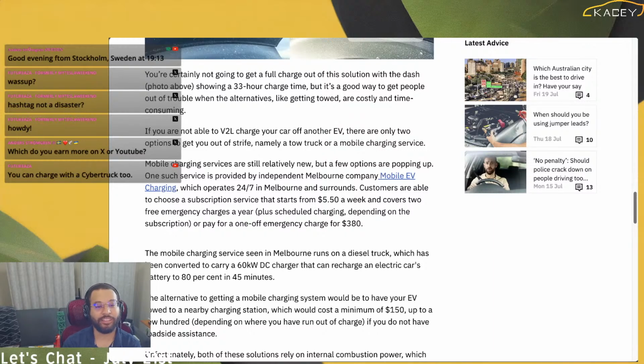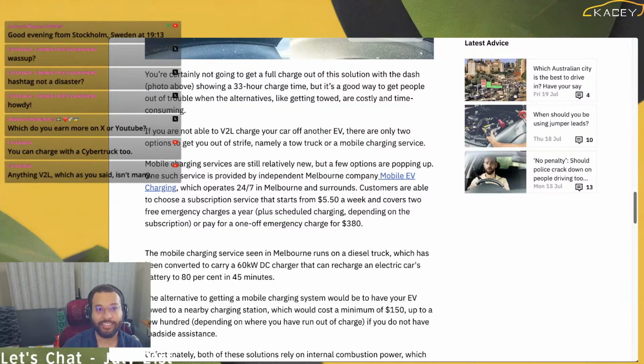You can charge with a Cybertruck as well, up to 40 amps, and actually, I think that is the highest of the options out there right now because everybody else is around 30 amps. So that's actually pretty good. Anything B2L, which you said isn't many. Exactly. And then you've also got the solutions that we have where, like our friend over at Spark Charge and their competitors, where you've got basically just roll up a battery and plug it in, and you're good to go.